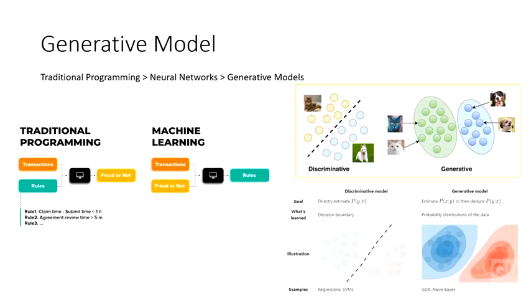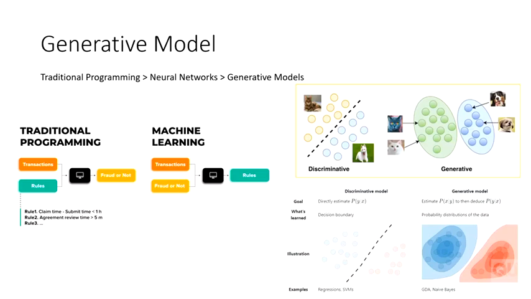In very simple mathematical terms, you can say in the discriminative model, given a data point X, you are trying to predict the probability that it belongs to cat or dog. You're directly trying to map this data point to a class. On the other hand, if it is a generative model, you are going to predict the probability of a data point being generated from a distribution. For example, if a data point is given, you are trying to predict whether this data point is generated from the dog space or the cat space.